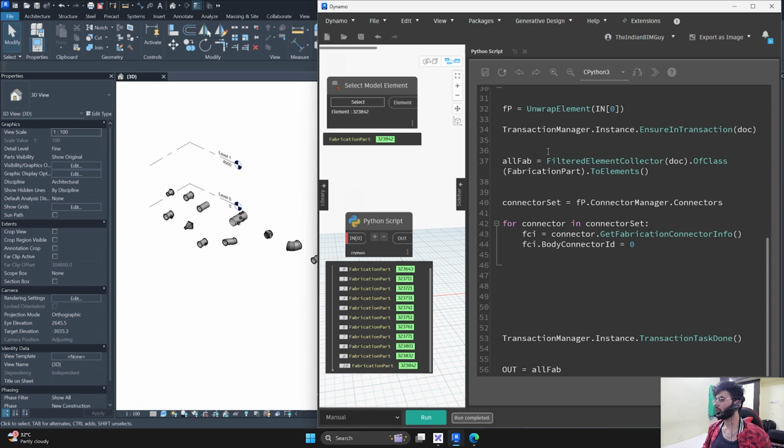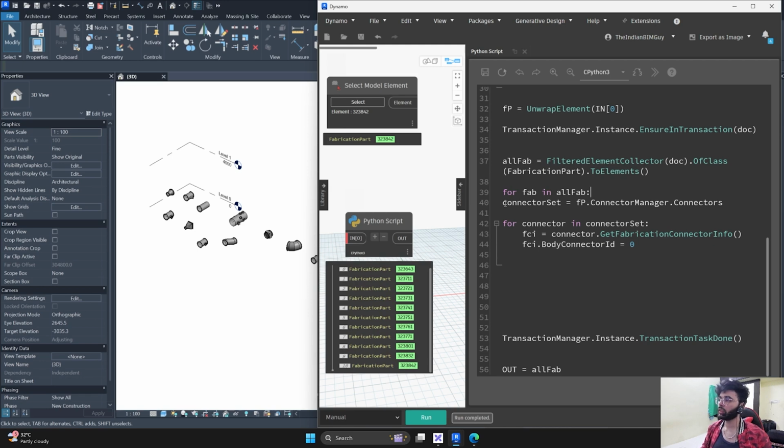Okay, now the point is, this is the list that I want to have one at a time, and after that I want to turn off each and every connector, going ahead with the same process, right? So I need to put this entire thing into the loop. So how do you go ahead with the loop? We already saw how the loop is instantiated, right? So we'll simply say for what? For fab, which means fabrication part, for fab in all fab,